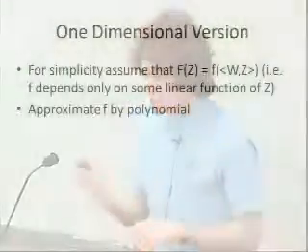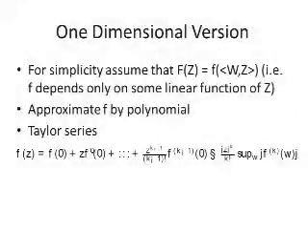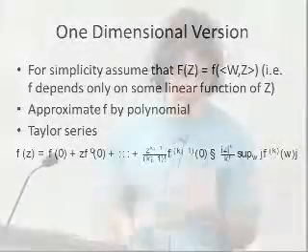So it depends on some linear function in z. And now the idea is, instead of approximating big F by a polynomial, let's just approximate little f by a polynomial and apply this approximation to w dot z. Now, if little f is smooth, there's a very convenient way to do this, because if you have a smooth